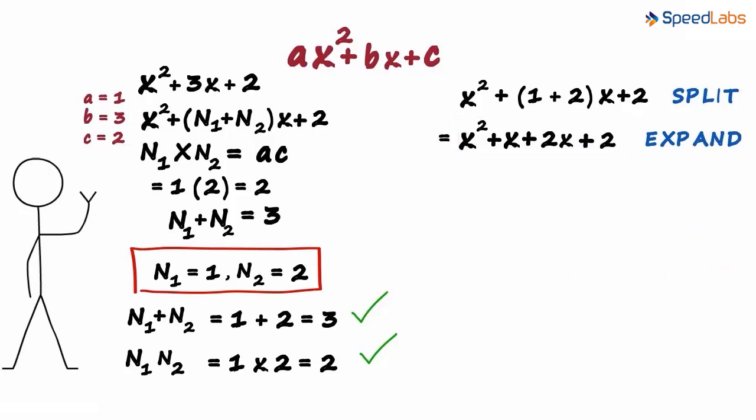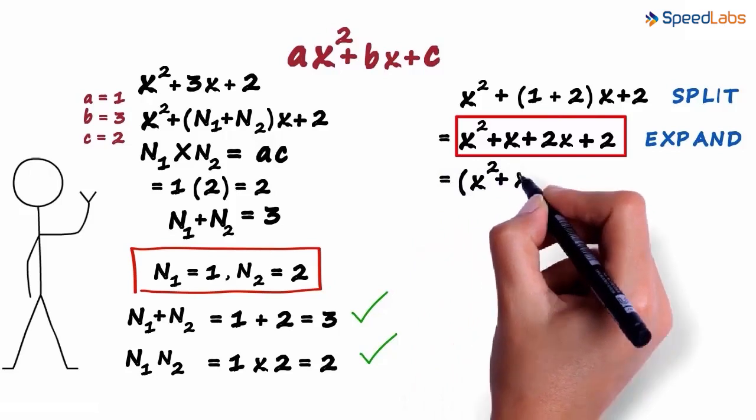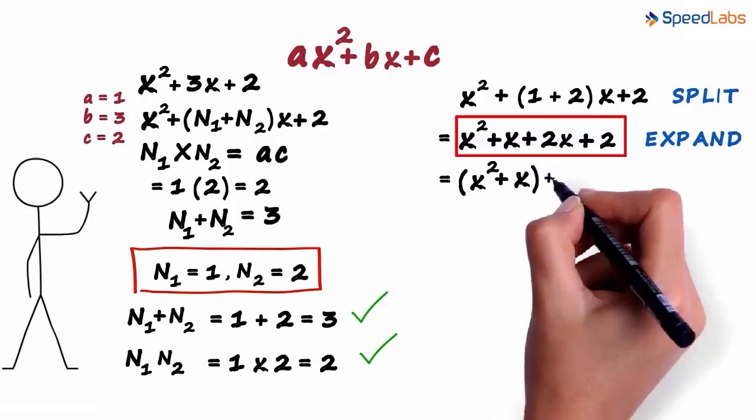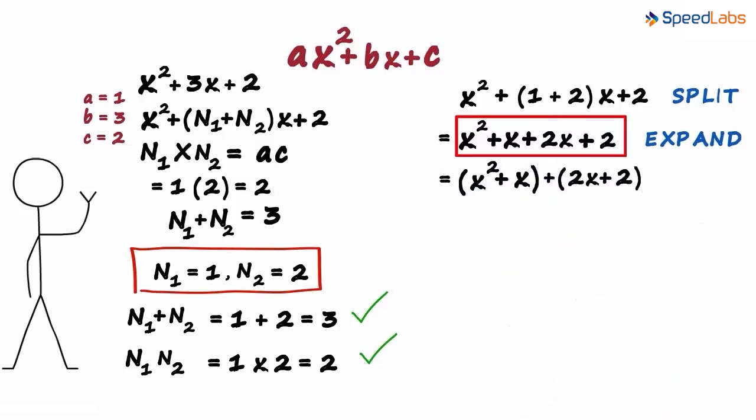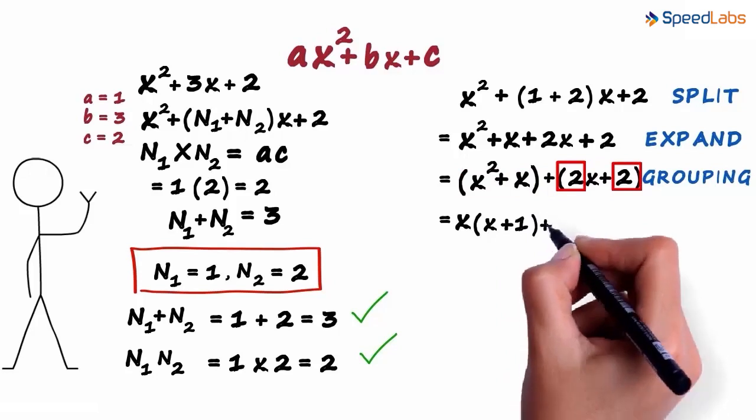Now what do we do? Can we factorize this by grouping terms? Yes, we can. We write this as (x squared plus x) in brackets plus (2x plus 2) in brackets. This step is called grouping. In the first two terms, we have x as a common variable, so we write it as x multiplied by (x plus 1). In the second group, we have the number 2 common and we write it as 2 multiplied